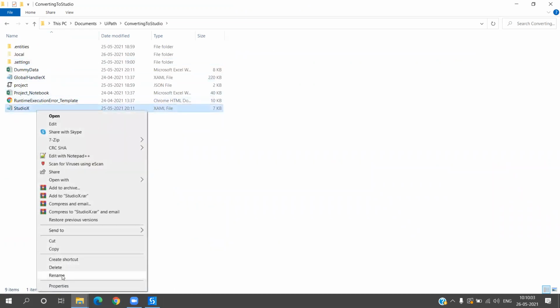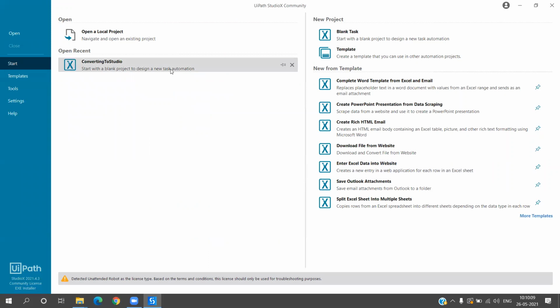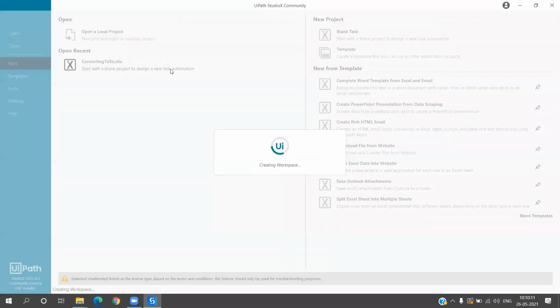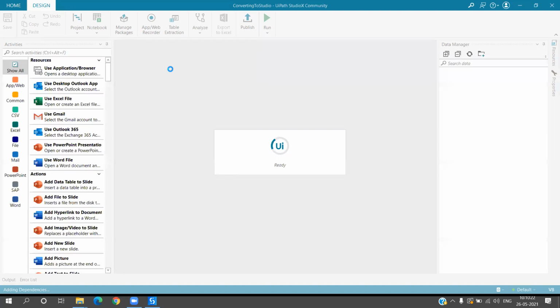Let us rename this to main again. Now let me click back on this. I had used it in other workflows, so I changed the name of the file. So now my Studio X workflow, which I have already built, is opening.